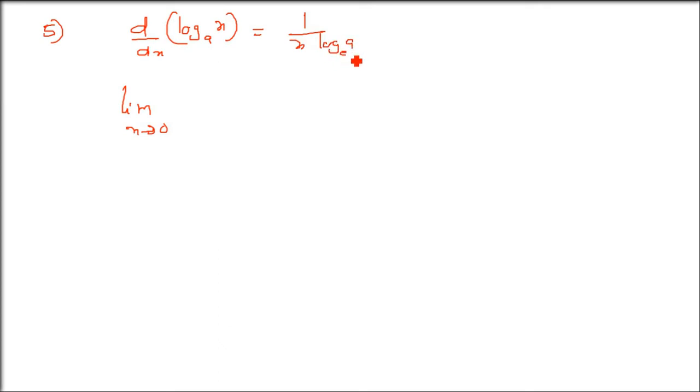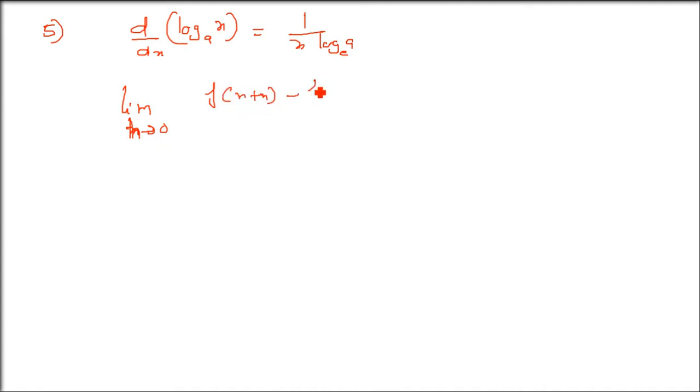Now this was for natural log, d by dx of natural log. What about d by dx of log which is having the base a? Please remember the base is not e, the base is a, log base a of x. So we'll apply the direct formula here. So limit h tends to 0 and the answer is 1 by x log a, base is e. So how do we get it? Limit h tends to 0 and f(x plus h) minus f(x) by h.